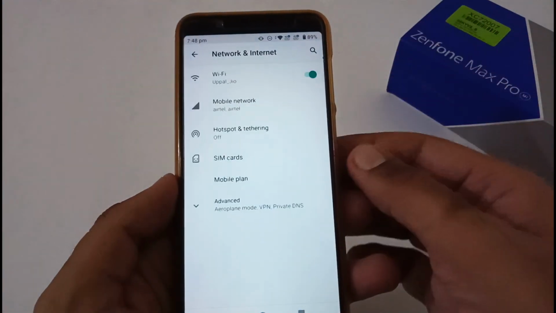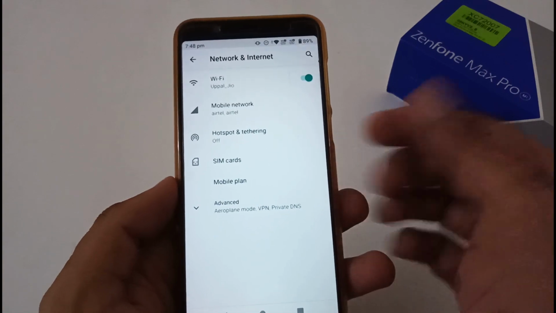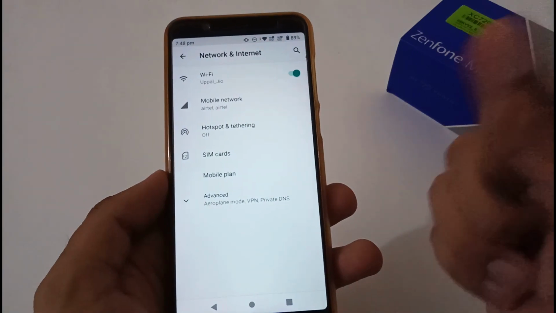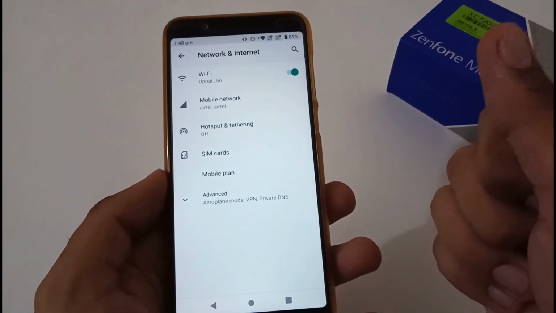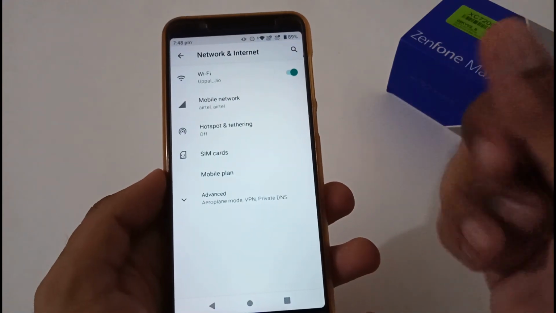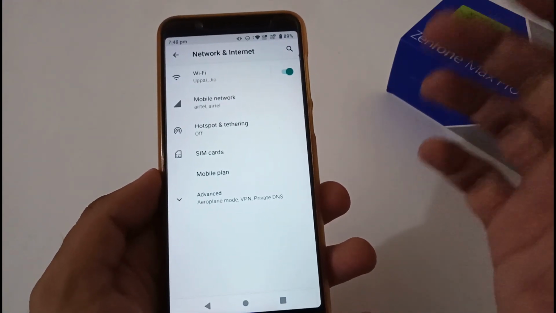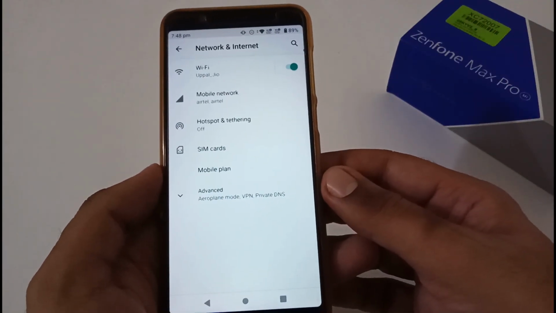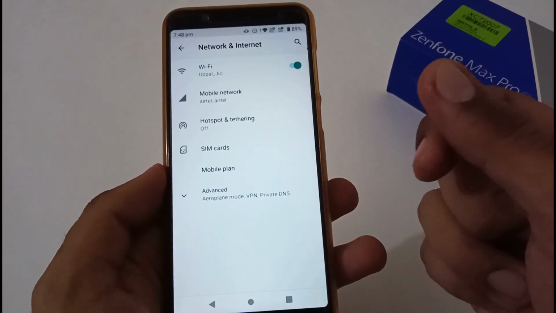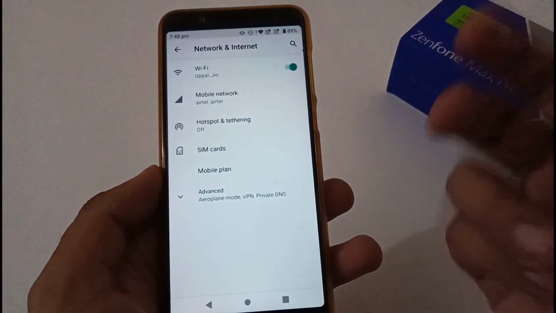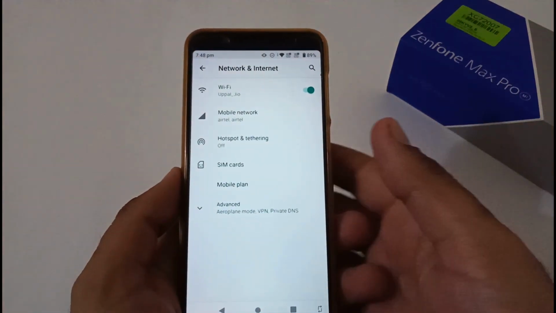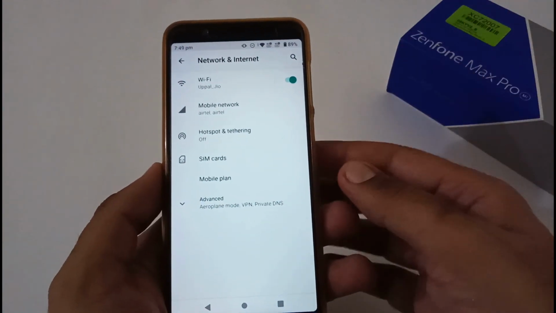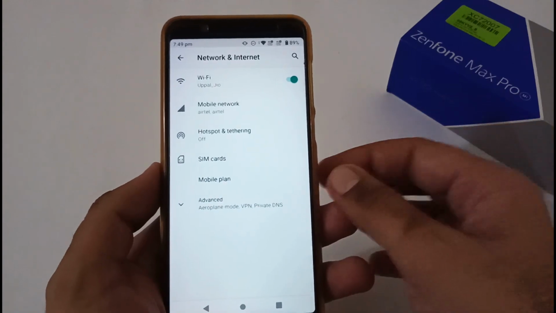So after connected devices, now let's move to network and internet. In network and internet, we'll first discuss Wi-Fi calling. Good news is that for both versions, be it Android 10 Beta or 087, it is working fine for Jio, but still not available for Airtel. We are not sure when Wi-Fi calling will be available for Airtel on both versions, or at least on Android 10 or Pie. Apart from this, native video call and call recorder options are both absent, or I would say unavailable, on both Android 10 Beta 4 and Android Pie 087. And apart from this, Wi-Fi connectivity, mobile internet, calls, SMS, all are working absolutely fine on both versions. So there is no problem with that, no issue at all.